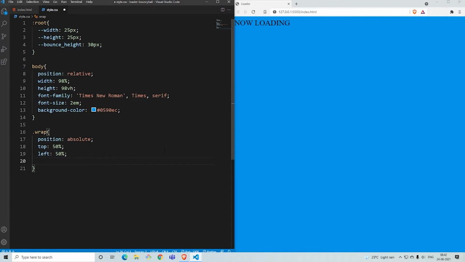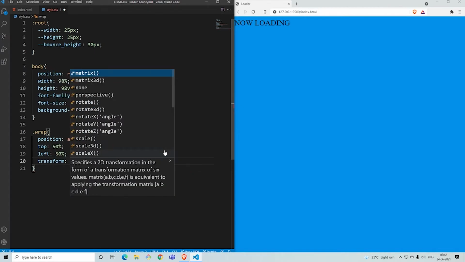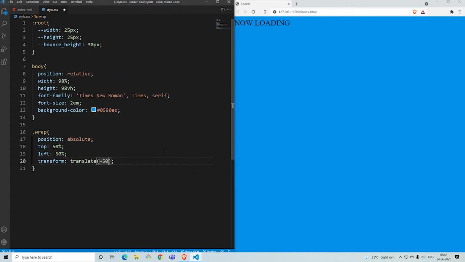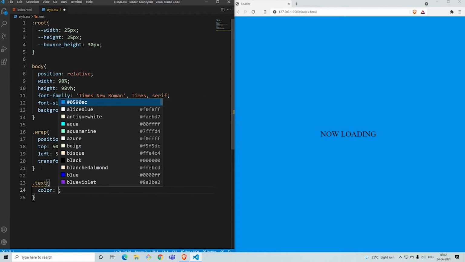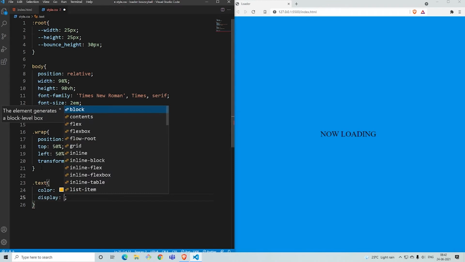Now once this is done, you need a transform so that you align it properly. So transform, translate, how much was left out from the top is given, and how much was left out from the left is also given here. Once you save it, you'll have it aligned properly with the X and Y axis taken as the screen. Now we'll give the text a particular color and display and all of that. So we'll go ahead and do that. For the text, we'll set the color of the text to be a slight yellow-orange mix. Next, we'll work on the display, which is inline block.